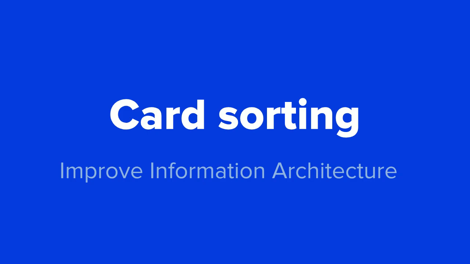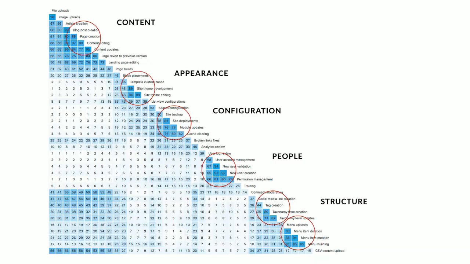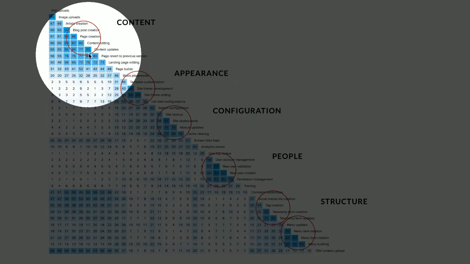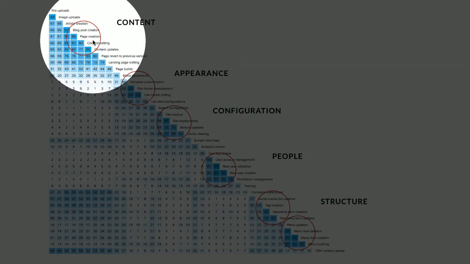After this survey, we tried this card sorting. The main goal here was to improve the information architecture, to come up with a new menu or something like that, to give us some answers about what people, actually content authors, were expecting. And this is the result. If you can see, if not, don't worry, I will explain. So here you can see a